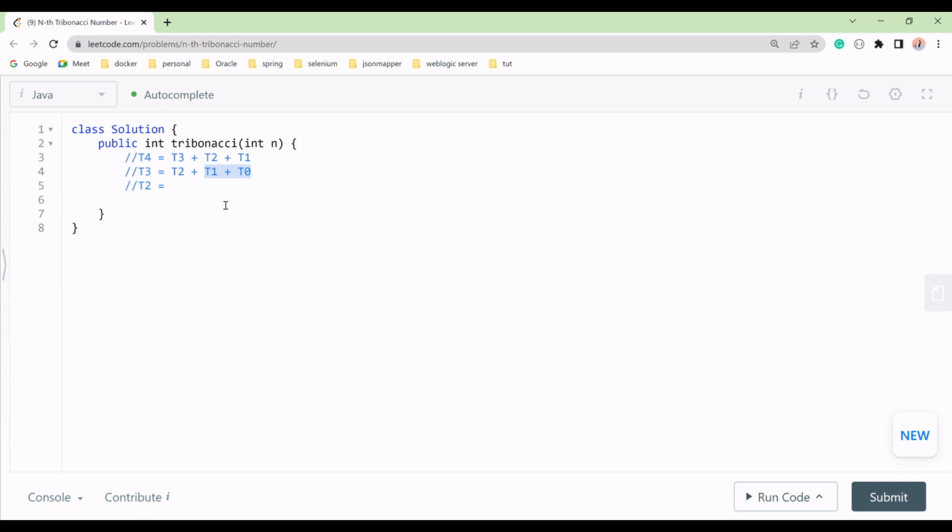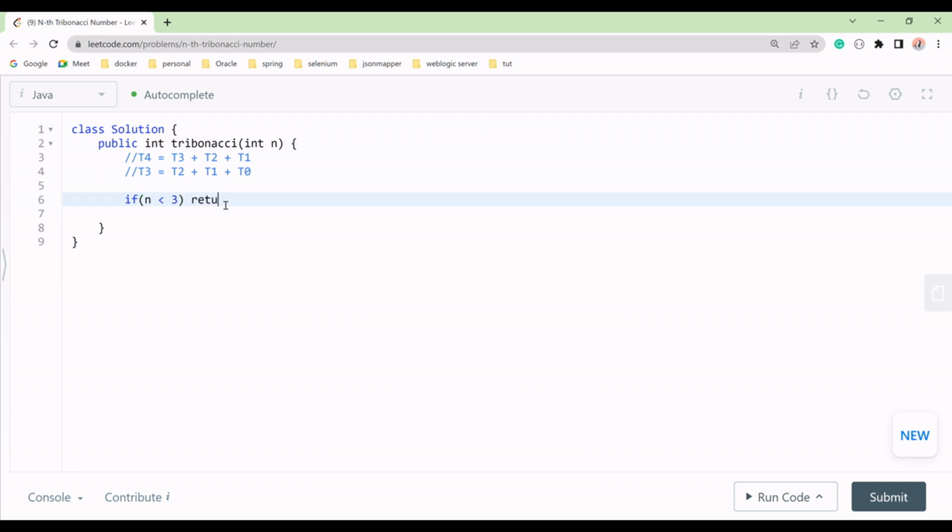That we are checking. So in that case we have to make a condition. Because this is a Tribonacci series, we should have at least three values, right? So if n is less than 3, let's suppose, then what we have to do,